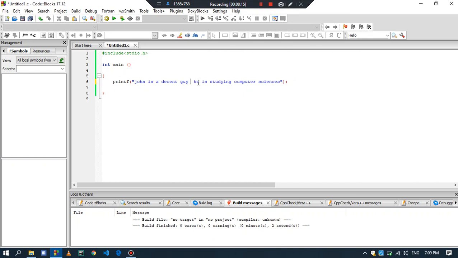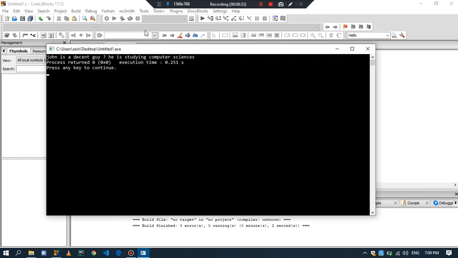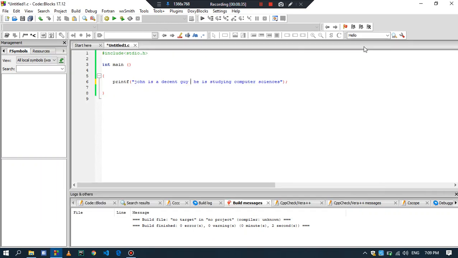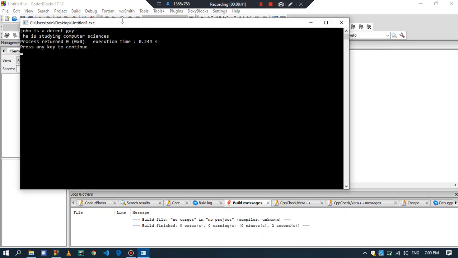I think you didn't get my point. For example, I say that whatever you write in these two quotes will surely be printed on the output screen. For example, I write a question mark there. Then see, the question mark is printed on the output screen. Now if I write \n there, then see, why is \n not printed on the output screen?